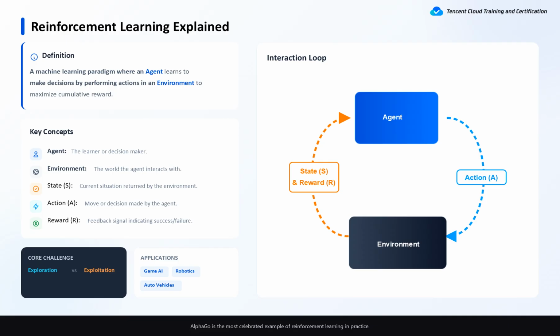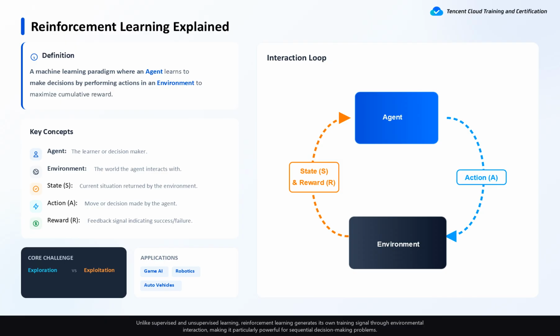AlphaGo is the most celebrated example of reinforcement learning in practice. By playing millions of games against itself, it developed Go strategies that surpassed the best human players in history. In industry, RL is applied to robotic manipulation, autonomous driving decision-making, and long-horizon recommendation optimization. Unlike supervised and unsupervised learning, reinforcement learning generates its own training signal through environmental interaction, making it particularly powerful for